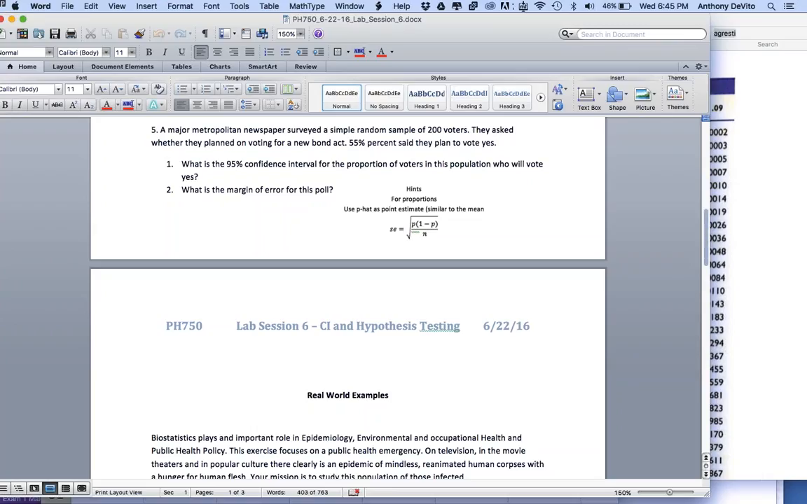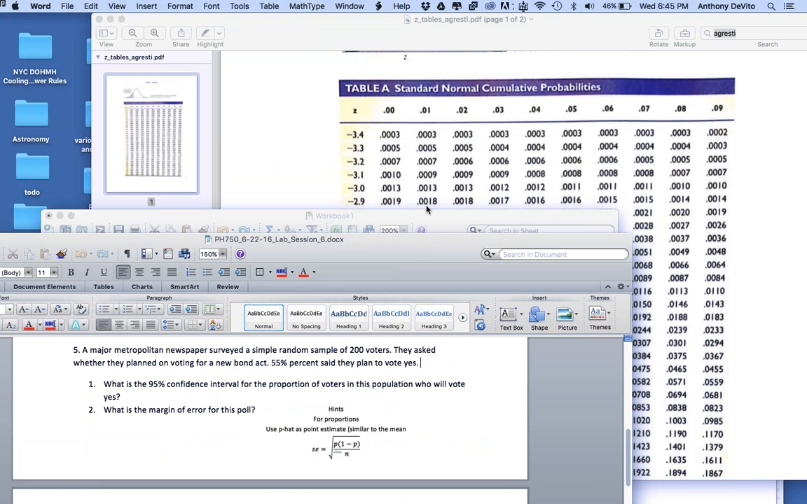55% yes, right? That's a probability. That's a p-value, a percent. Let me put it this way, it's a proportion or a percentage. 55% of this sample say that they're going to vote for this. You remember that we had mentioned that when we were looking at that,